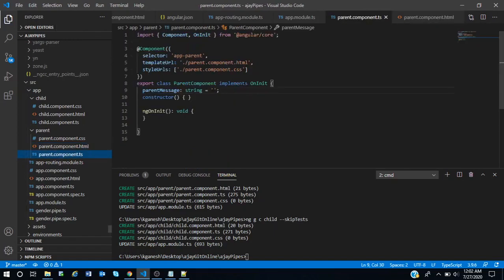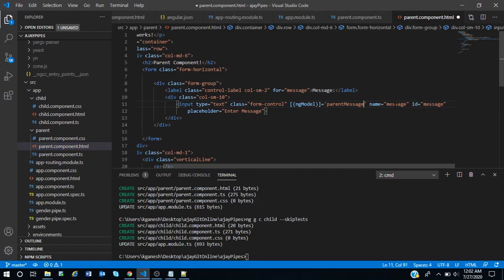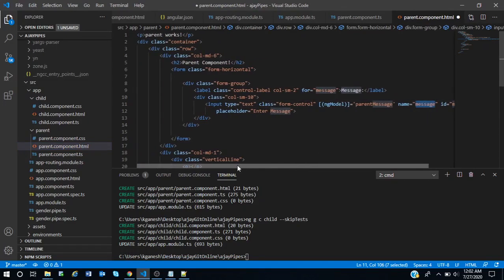In this HTML, I have declared an ngModel, where ngModel gives us the flexibility of two-way binding. Here I have given parentMessage.